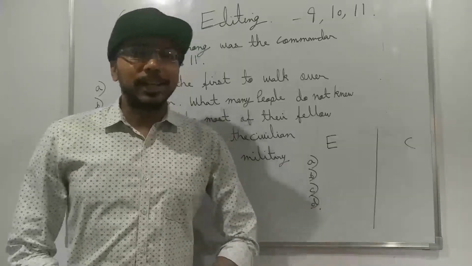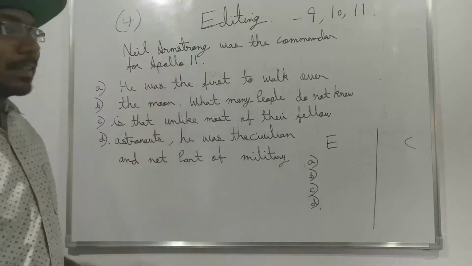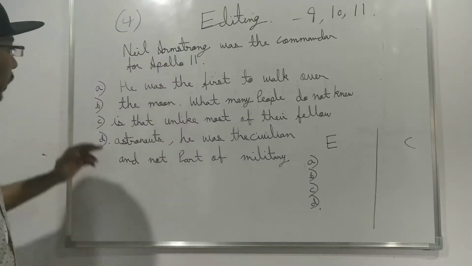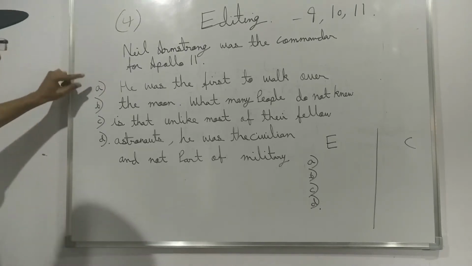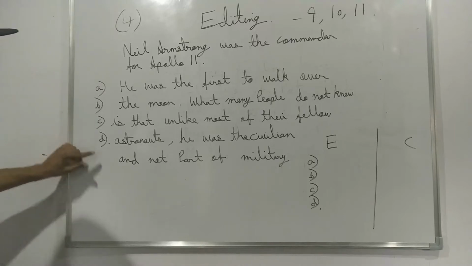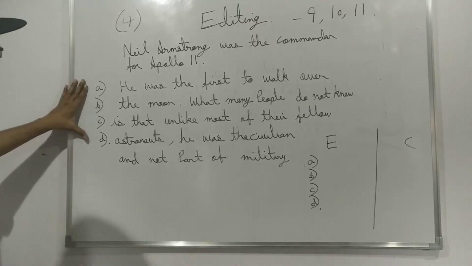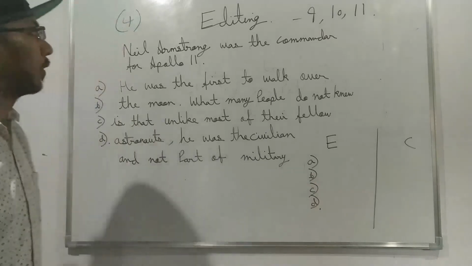So this is the second exercise that we are going to discuss in this video. And this exercise is having error in 4 lines. See, 4 lines are marked over here. First line is not marked, it is a complete line, logical line. Second, third, fourth, fifth, sixth. Out of these 6 lines, the middle 4 lines are having errors. They are marked A, B, C, D. So let's see how we have to solve this.